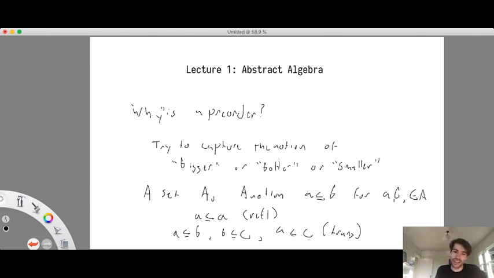And if C is better than B, and B is better than A, then C better be better than A, or bigger, I suppose is a better way of putting it. So this really just captures a notion that you could come up with on your own. Nothing really shocking here, but